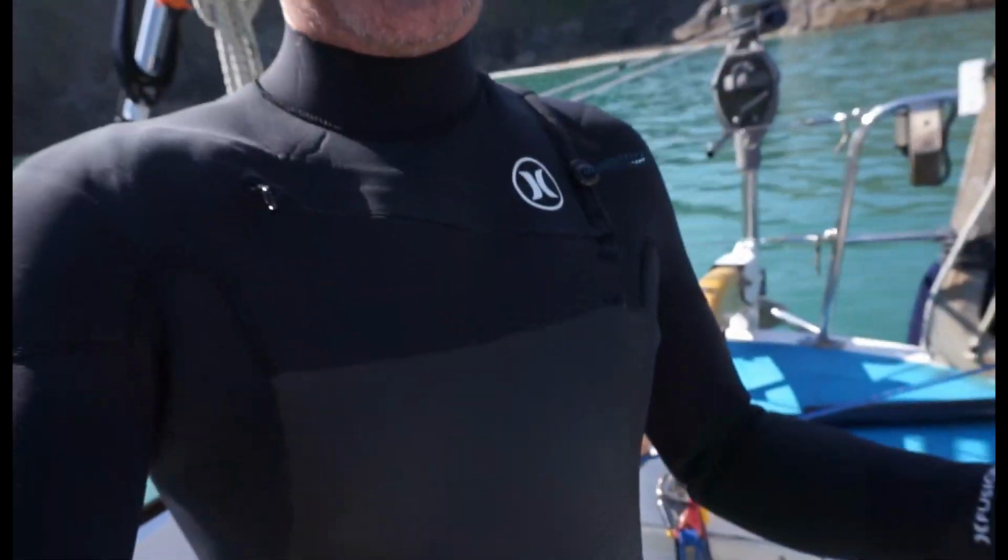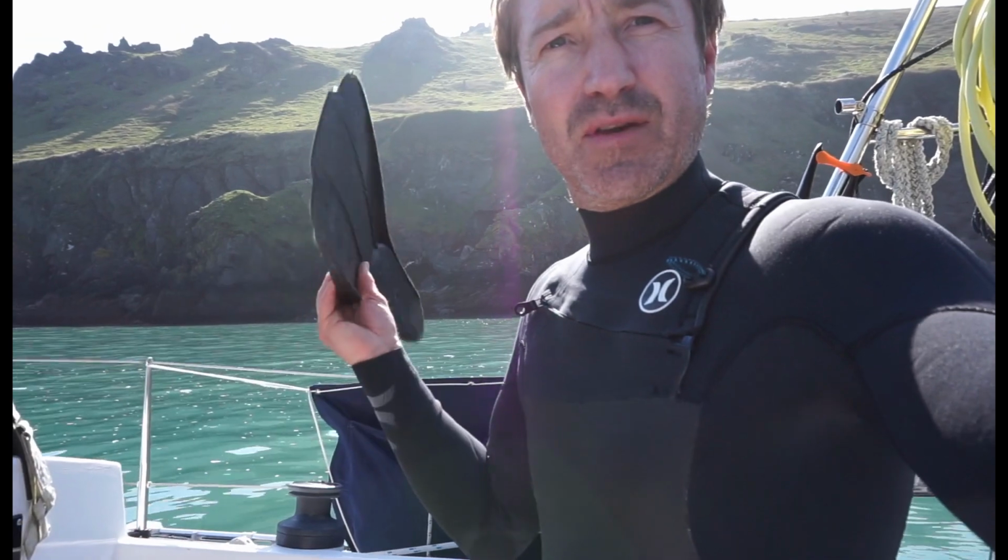Anyway, for a while now I've wanted to check the underneath of the boat, just to check the anodes to see what shape they're in, if they're worn or if they need replacing. So today it's beautiful and sunny. I've got the wetsuit on, and I've got my flippers and